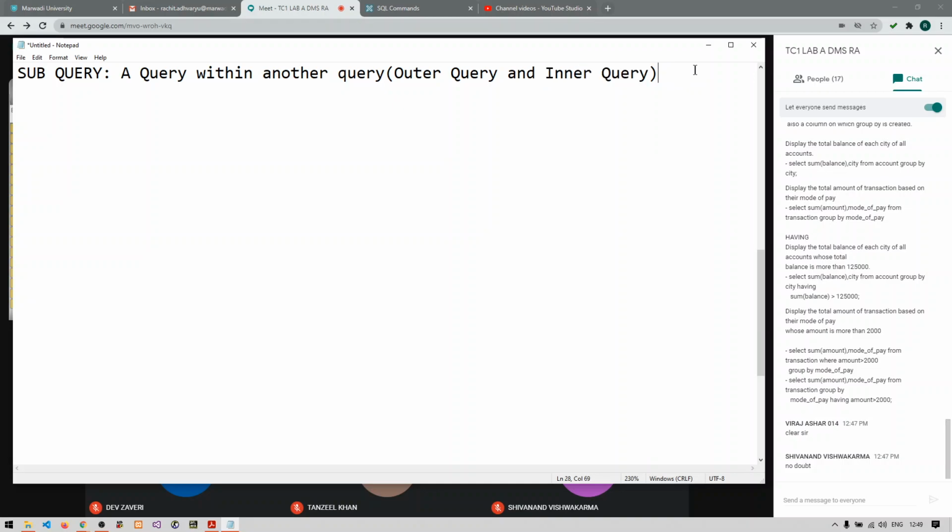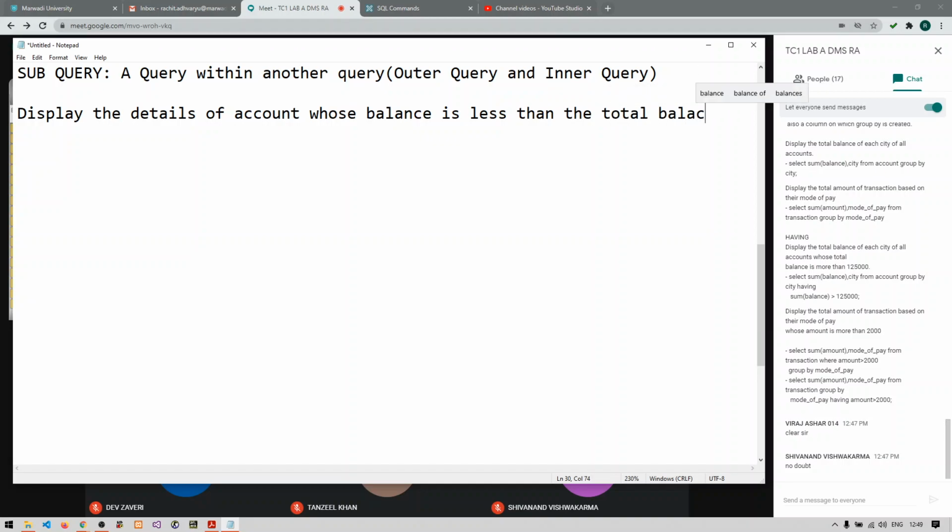Let me take a very simple example. You'll come to know what I actually mean. Let us say: display the details of accounts whose balance is less than the total balance of all accounts.